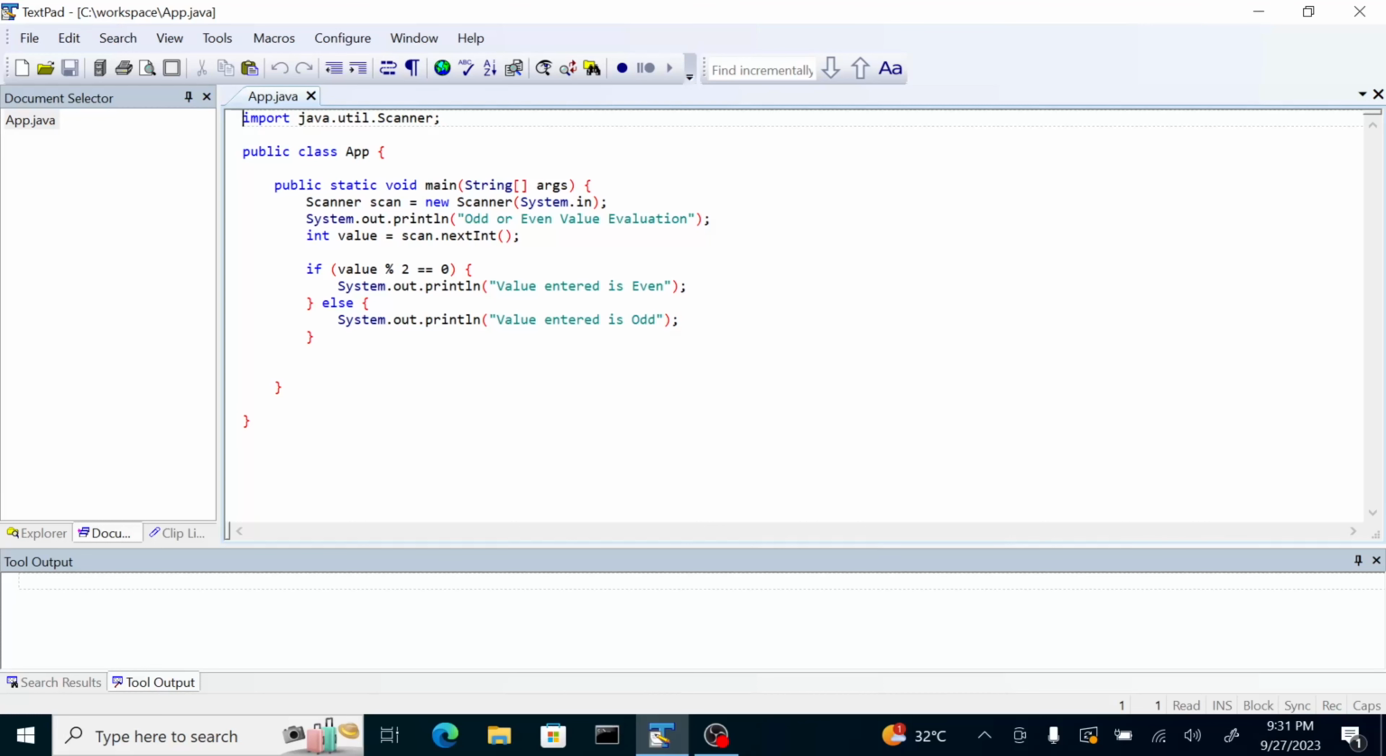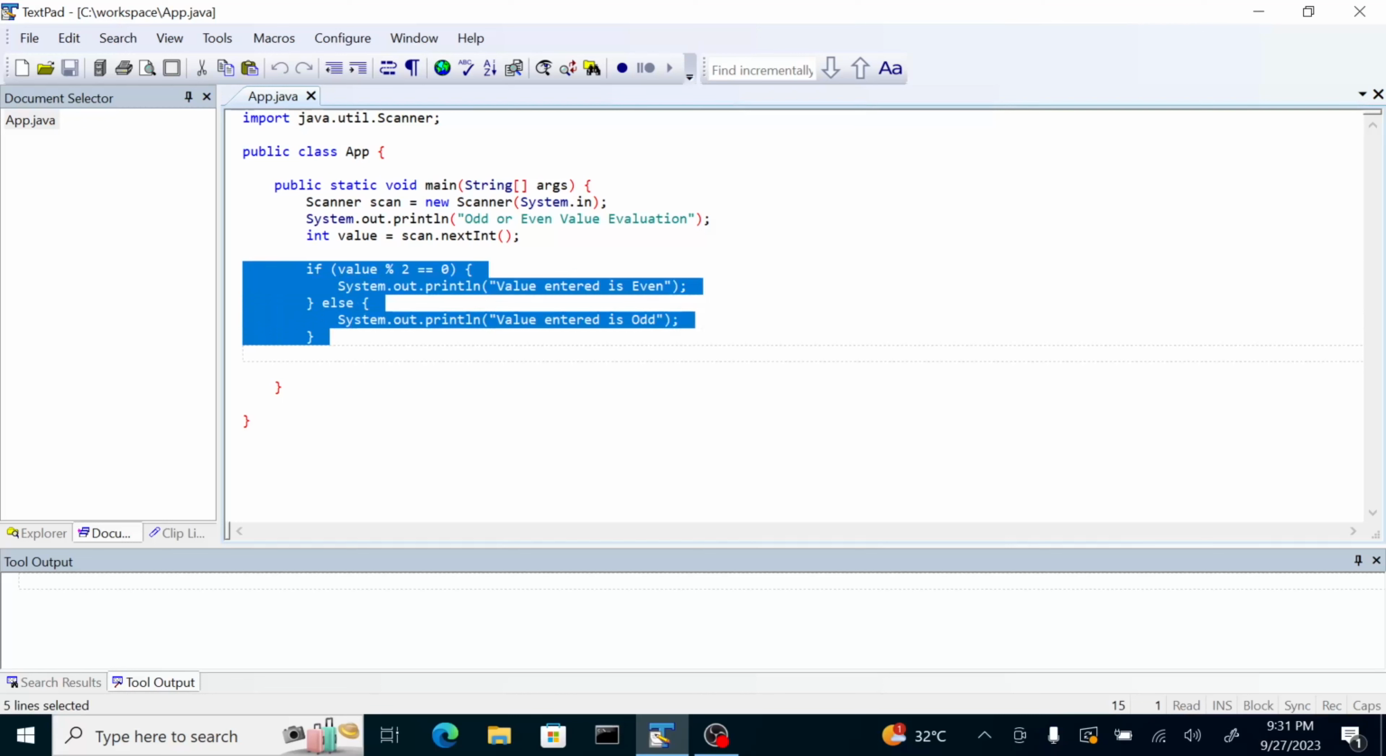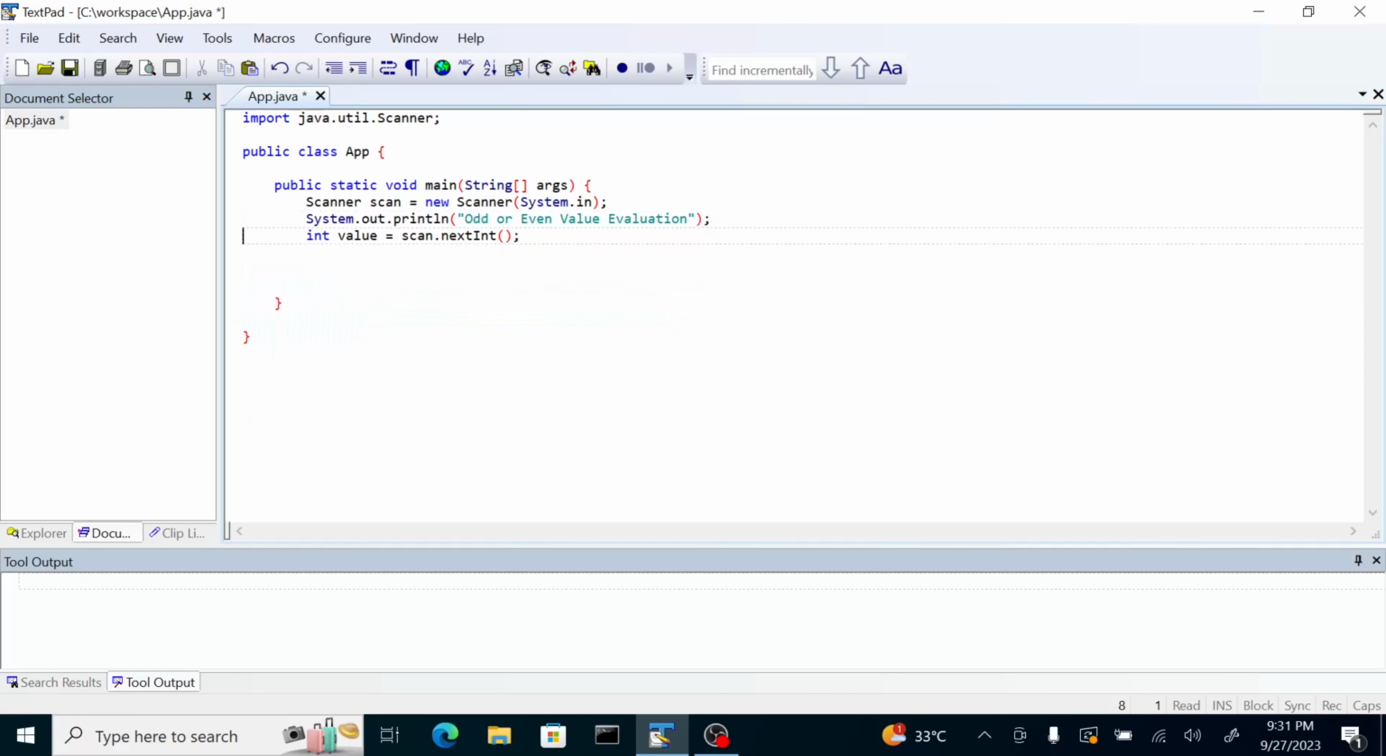Okay, so let's continue. The next structure that we're going to learn here is the else if. It's a variation of the if else statement, but this time if you have multiple conditions that you need to check, you can use it. So for example, let's try to read